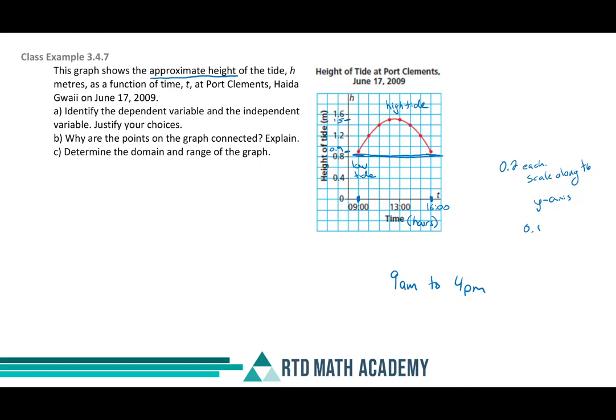Question A says, identify the dependent variable and the independent variable, justify your choices. Well, we're kind of lucky on this one. We've already done so, right? We've talked about it already. And that's why I like to interpret the graph before I get to the questions. We already know that the independent